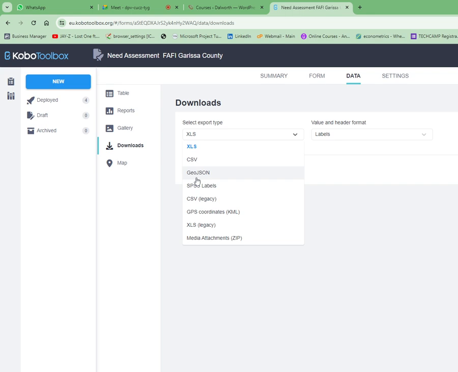If there's anyone who's a programmer here, then you will know what a JSON file means. SPSS is there for you. SPSS is one of the common data analysis tools, and as you can see, they even provide an option to download as an SPSS file. You can also extract the GPS coordinates in the form of KMLs. These GPS coordinates are the ones you can take to GIS software. Again, that is beyond my pay grade. I'm not a geo person, but they can use the GPS coordinates to come up with better mapping. I think you can also do